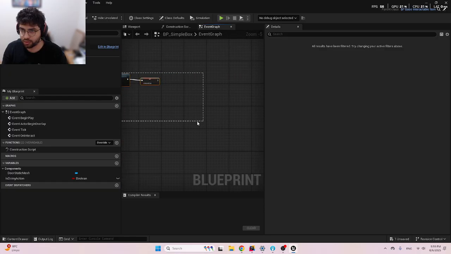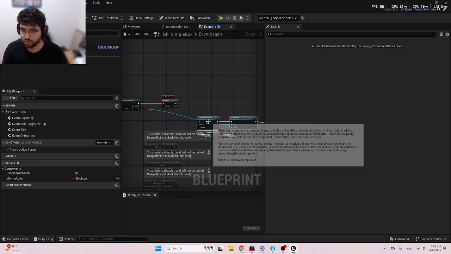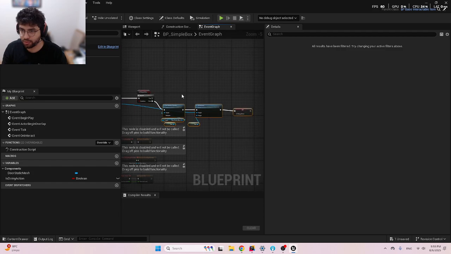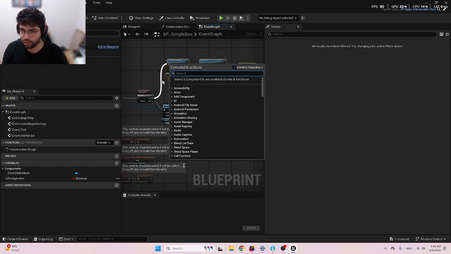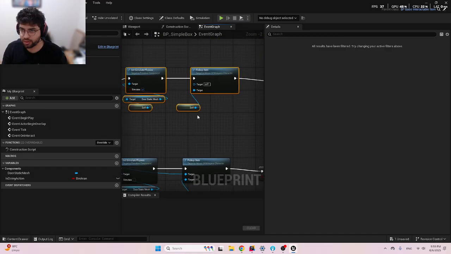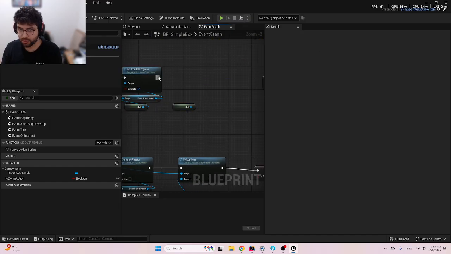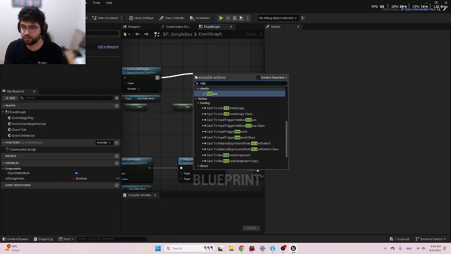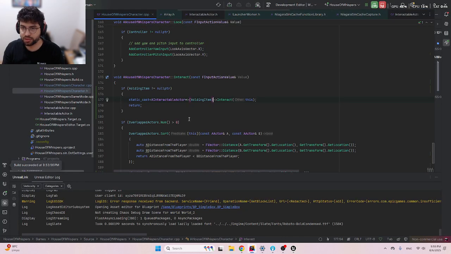If it's false, it's true. I need basically the same thing, but I will enable the physics, and instead of pickup, I will release item, release. Let me check